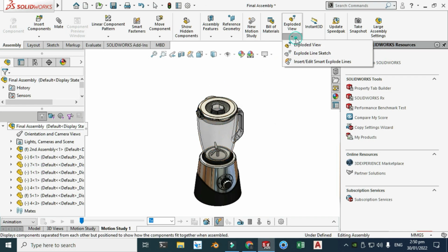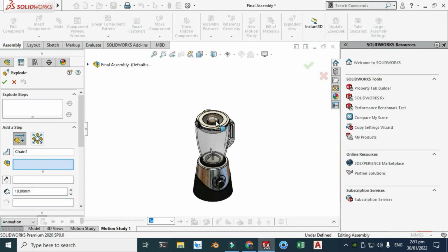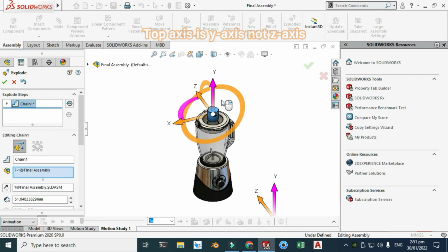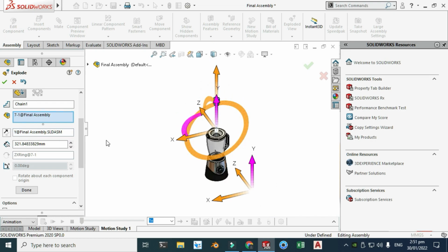I'll go to explode view, click here, and I'll click first on this part, and on the y-axis, here my top axis is the y-axis, not the z-axis, and I'll drag this, and I'll click here, 60, 70, I think, 400, near 400.